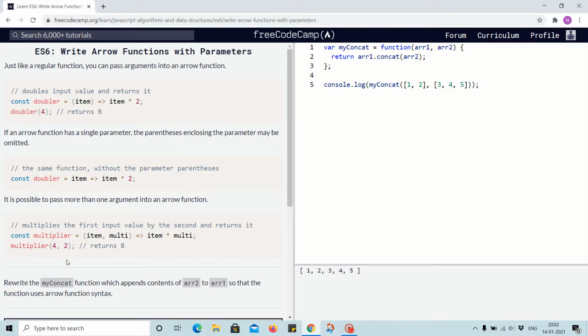Let's see the task for this challenge. Rewrite the myConcat function which appends contents of arr2 to arr1 so that the function uses arrow function syntax. Okay, we have to do something similar to this. So let's